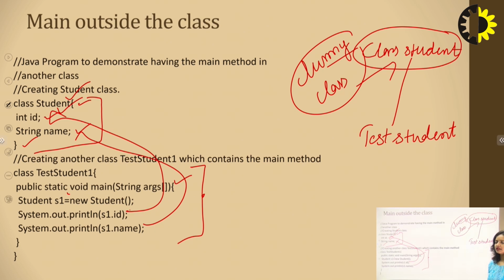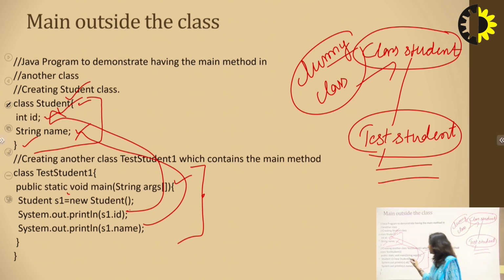As we all know, in programming languages the execution always starts from your main method. Whenever you hit run, it will compile your program, and it will always search for your main method in the program. So in class Student we do not have our main method. So first of all, the TestStudent class will be invoked and this class will be started. When this class is started, what will happen? It will be looking for an object s1 which will be invoking the id variable of class Student. So the control will return to the dummy class. From here the control will go to class Student, and this TestStudent class will access class Student with the help of object s1.